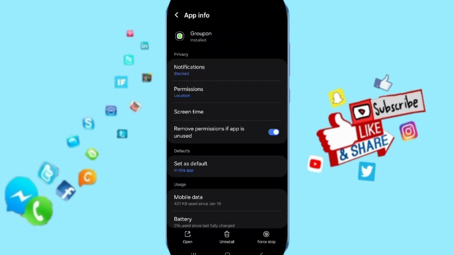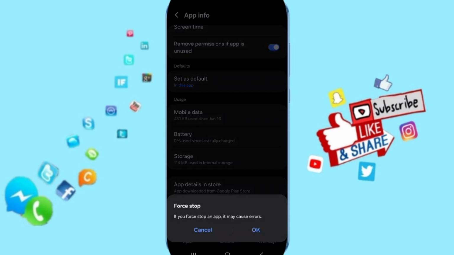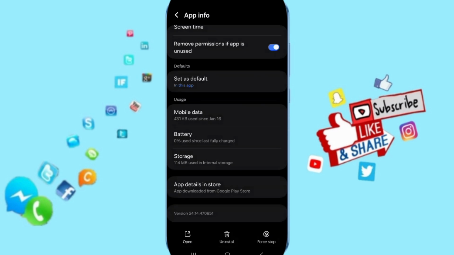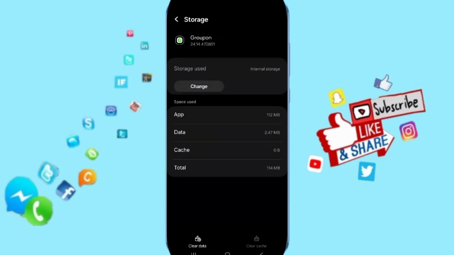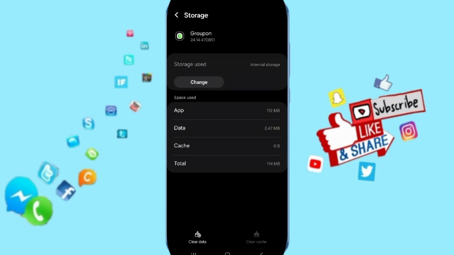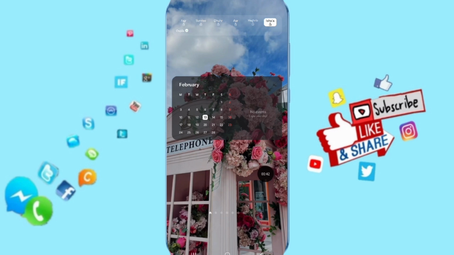In this page you will click on force stop and you will click OK. Here you will enter the window of storage. Then we click on clear cache. In the end, you will turn off your phone and wait a moment to restart your phone again